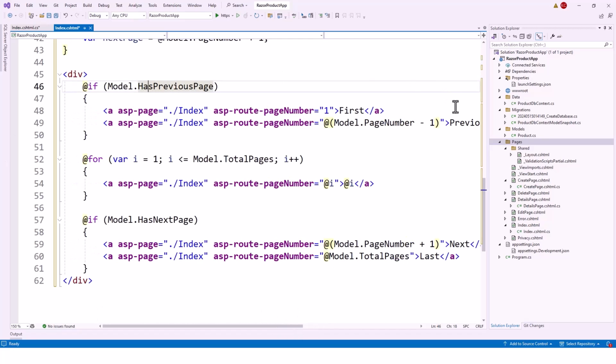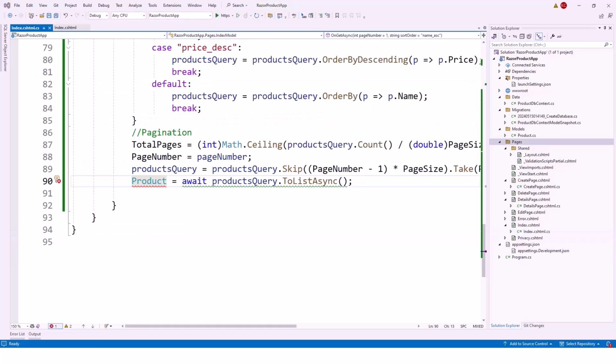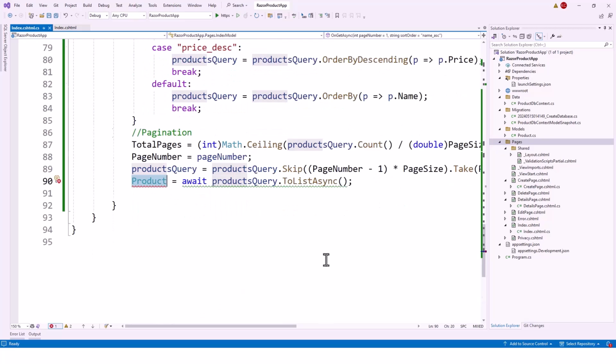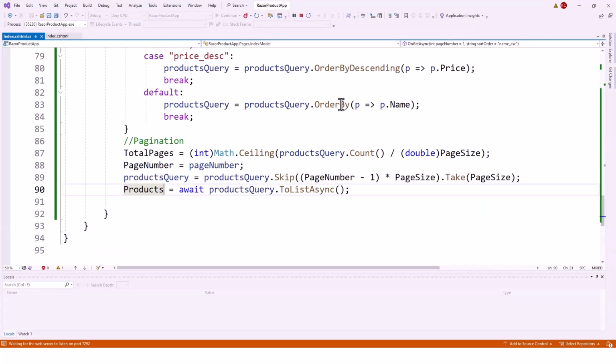Okay, so after having done everything, I hope this part is very clear, and let's run this application for the final go at it. So there was an error here. Product is a type but used like a variable. So it was actually this, products. All right, and then if you again build the application or run the application,